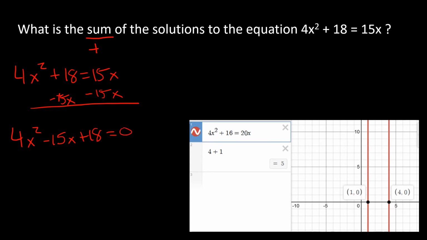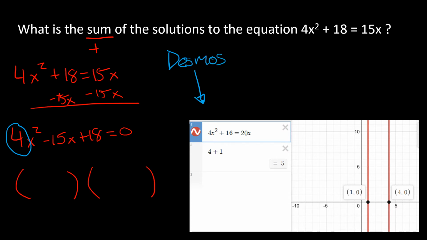Okay. Now, when we have solved these in the past, we typically want to break these down into two binomials. And that works when this a value is 1. Now, we haven't covered yet, we will in the following weeks, cover what to do when this a value is greater than 1. It's a technique that I teach called slide, divide, and kick up. But for the purpose of this, you do have this amazing tool of Desmos to use. So I do want you going to